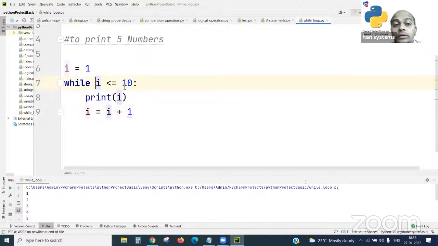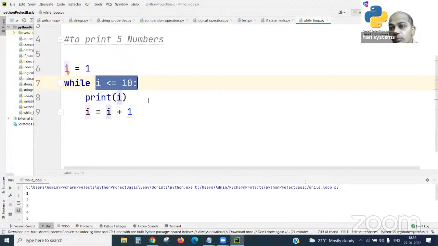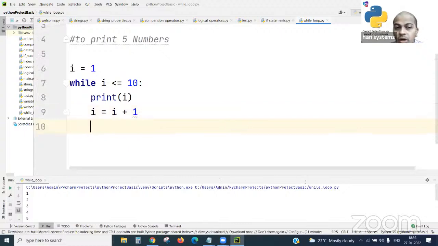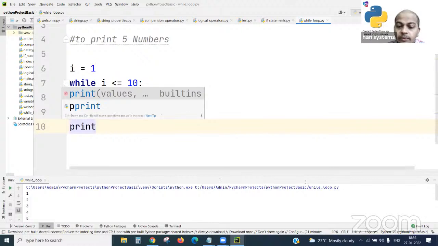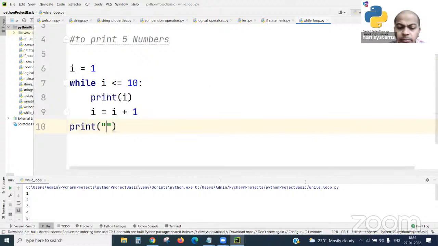Yes, I have not explained the terminating part, I think. A while loop terminates when the condition we are verifying becomes false; then the loop immediately terminates and exits. If you want to show a message to the user, you need to come out of the loop, at position 0. Here you may print a string like: completed my task.